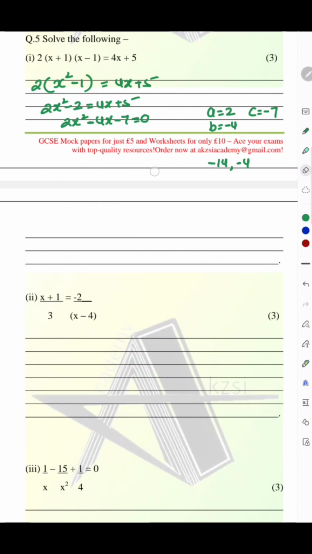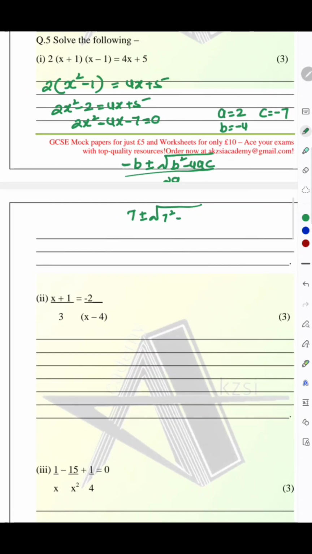quadratic formula. Or even if you think that quadratic formula will work, if you are in favor of quadratic formula always, you can do that one. So minus b plus minus root of b squared minus 4ac, over 2a. That means 7 plus minus root of 7 squared minus 4 times a times c, which is negative 7. B is negative 4 here, so